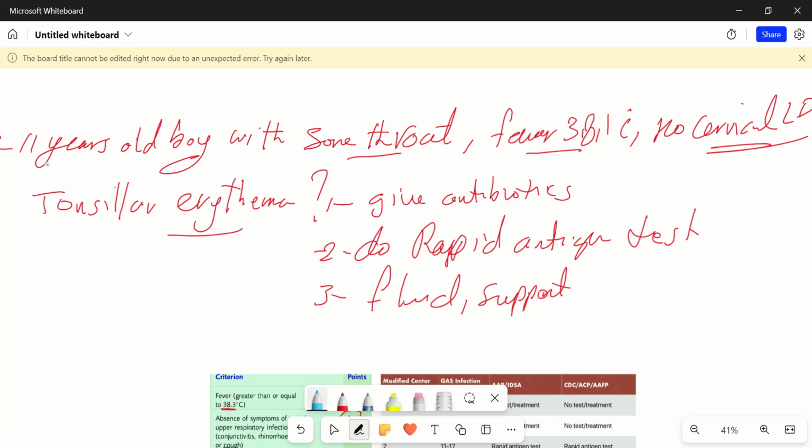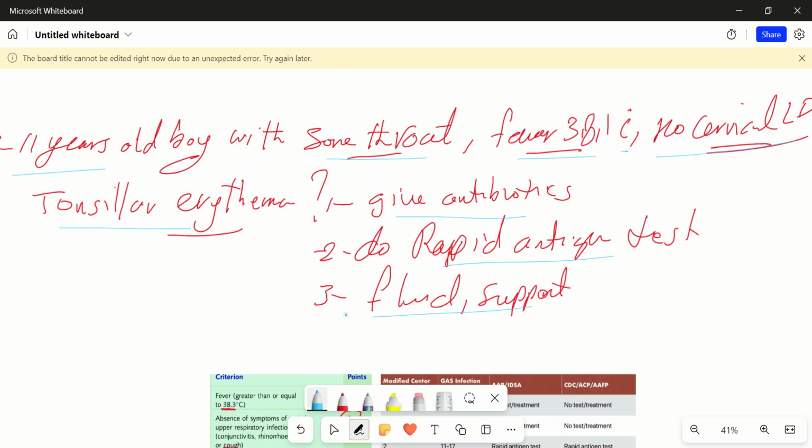This is a very common question in your exam. We have a patient, 11 years old, boy, has sore throat, fever 38.1 Celsius, no cervical lymphadenopathy, tonsillar erythema, and your options are to give antibiotic, or to do rapid antigen test, or supportive treatment such as fluid, antibiotic, and so